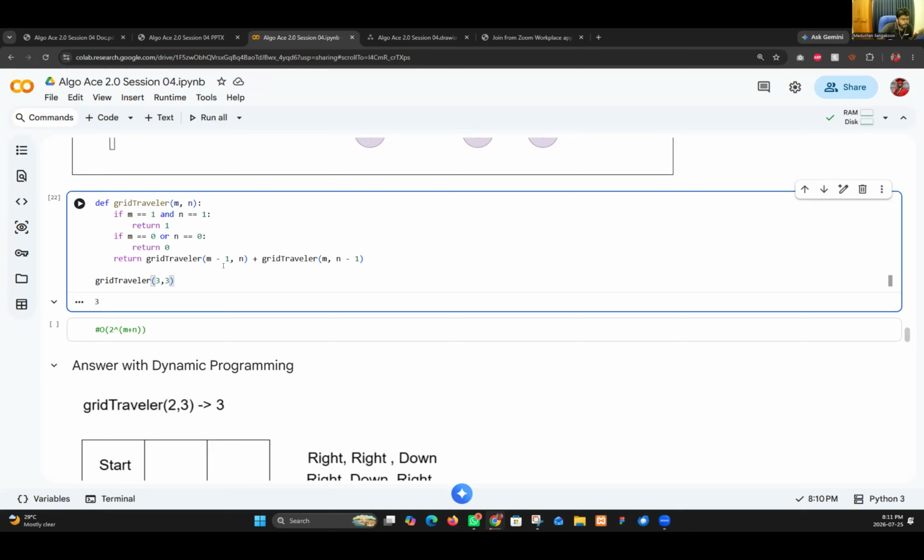It will be 3 by 3, which means you have 3 rows and 3 columns, 9 cells. Let's get the pattern. What will you get for 1 by 1? Definitely you will get 1.